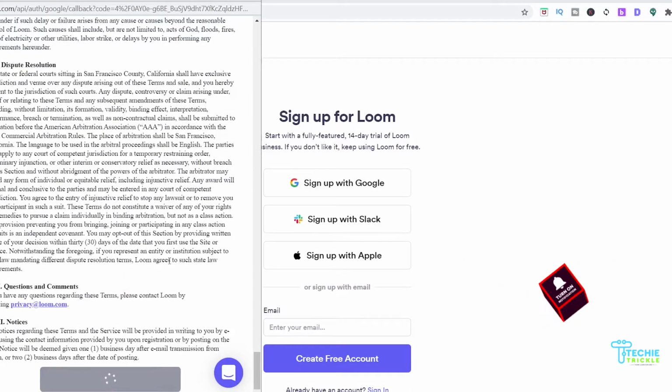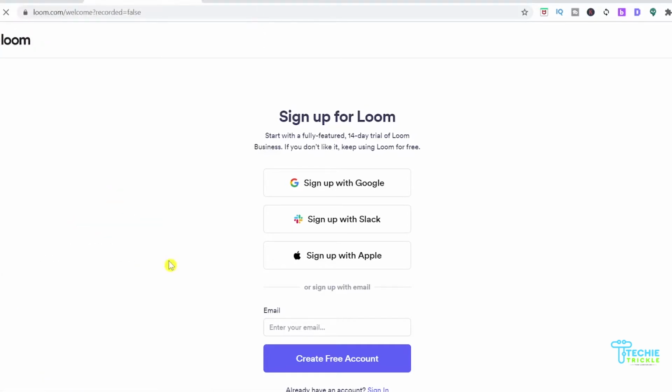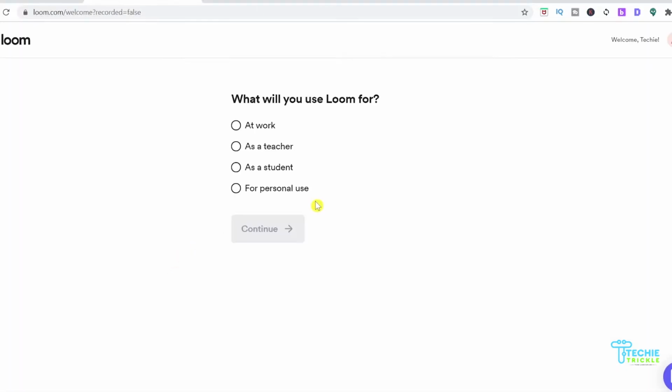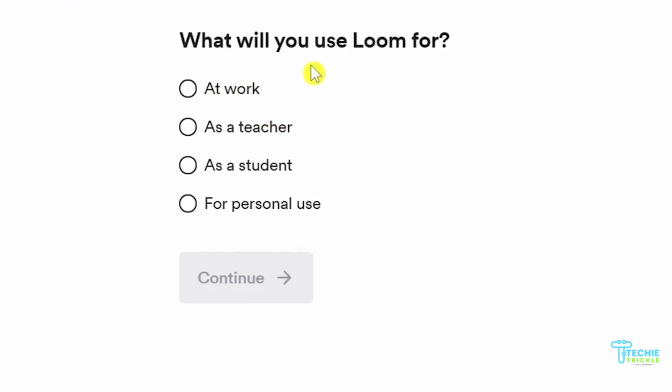And now Loom asks what you are exactly using Loom for. Are you working, whether corporate or business or any other kind of entrepreneurship, or is it as a teacher, a student, or even for your personal use?